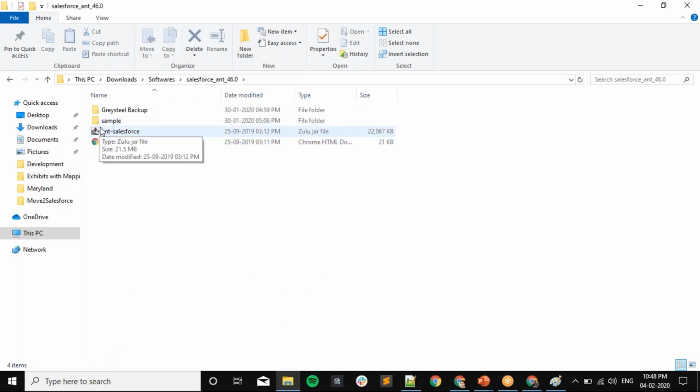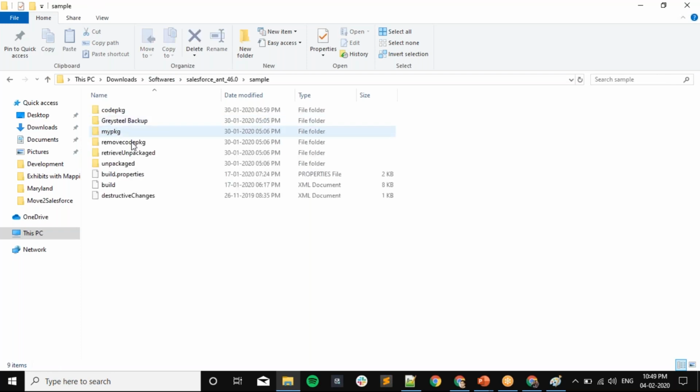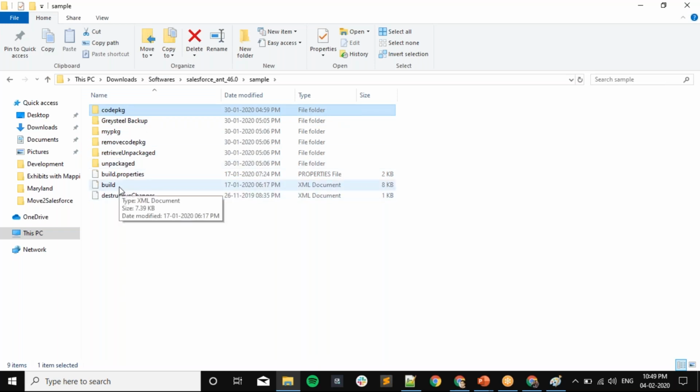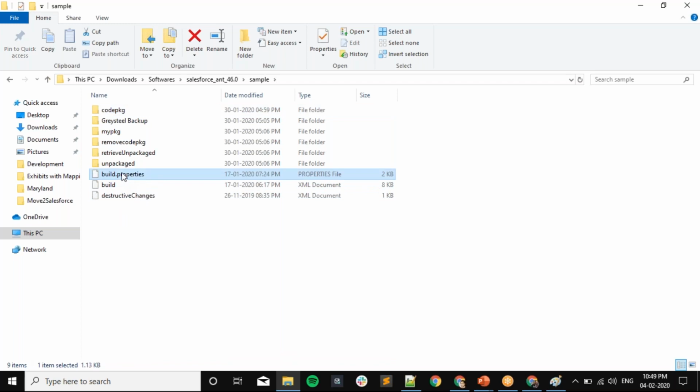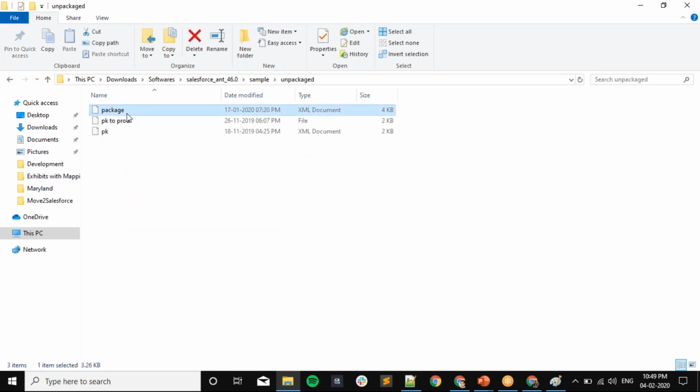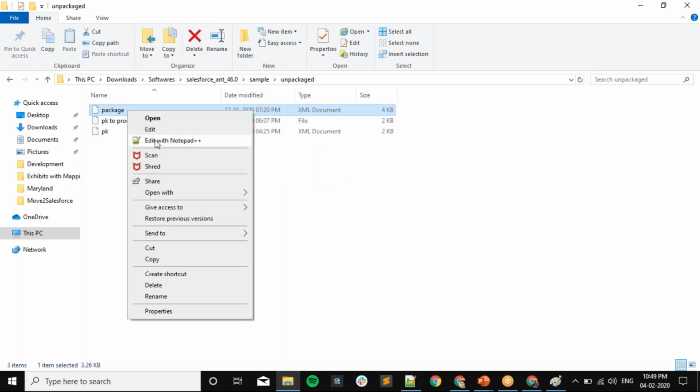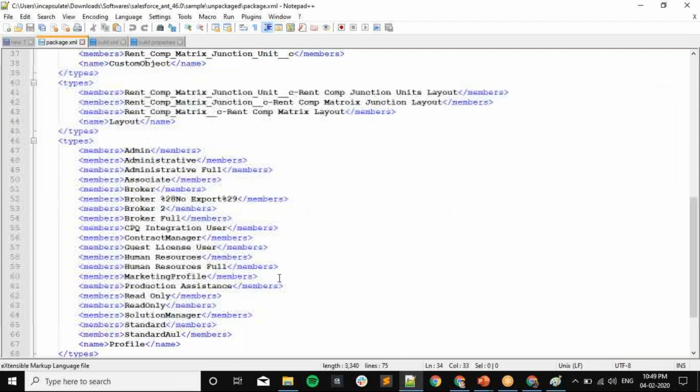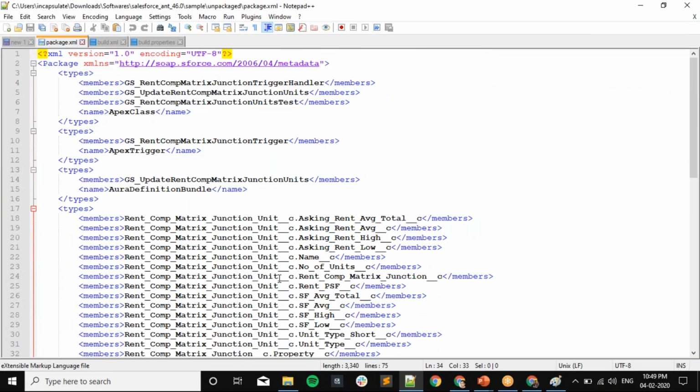So here you will have this sample folder, and in this sample folder you will have these 4 or 5 files. The build.xml will be available by default, and build.properties will be available by default, and inside the unpackaged folder, package.xml will be available by default. But there will not be any metadata, because they don't have any metadata.